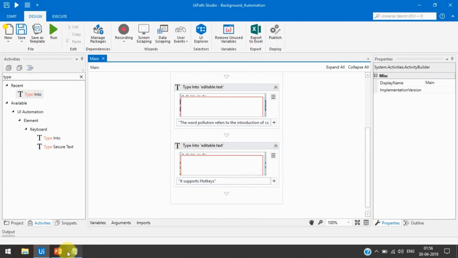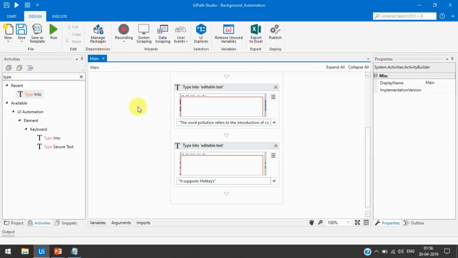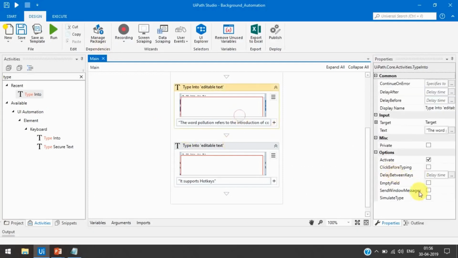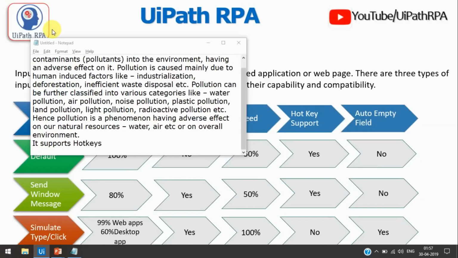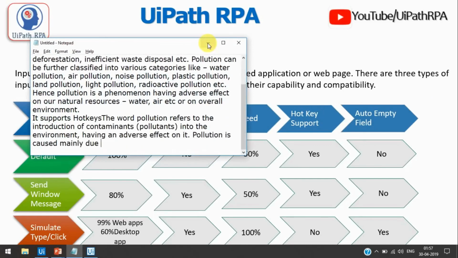Now next I am going to show you about auto empty field. So here I am not going to select empty field. So let's see whether the default method supports empty field or not. So here run this. Now you can see, minimize active. So here it starts writing from the last.